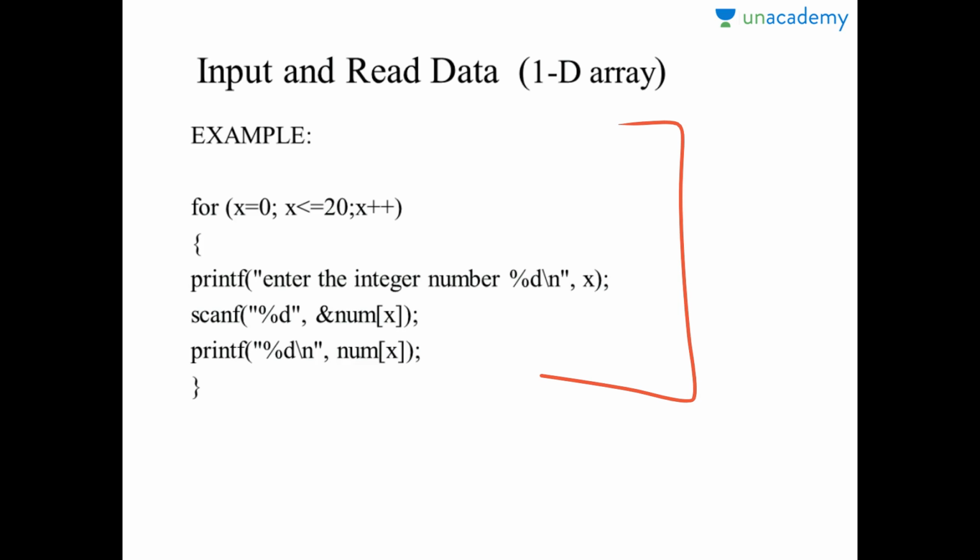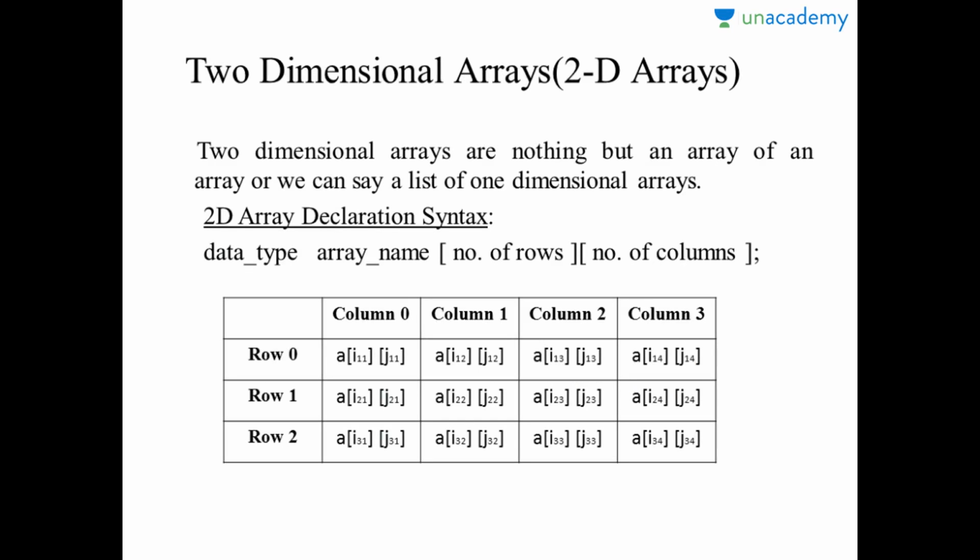Now what are two-dimensional arrays? Two-dimensional arrays are nothing but arrays of arrays, or we can say a list of one-dimensional arrays. They are generally referred to as a matrix. This here is the declaration, clear as crystal. First you need to specify the data type, then the array name, and then the number of rows and the columns. See, in this particular example here,